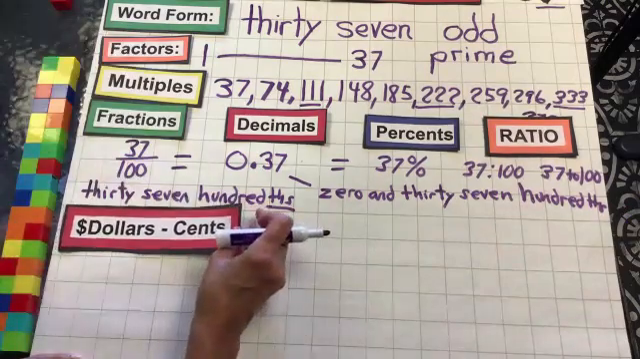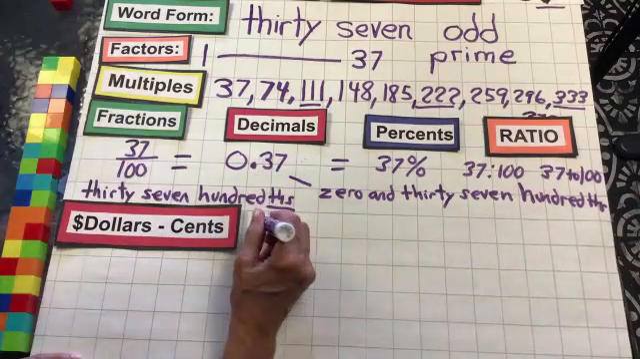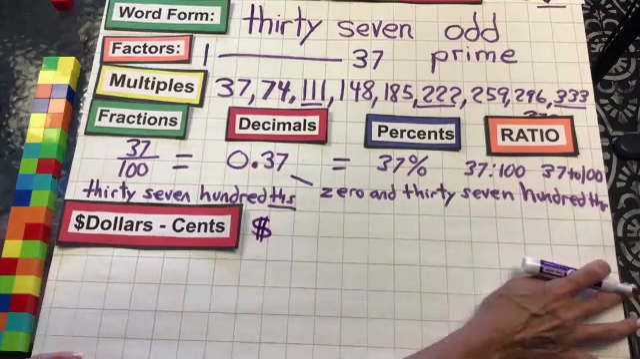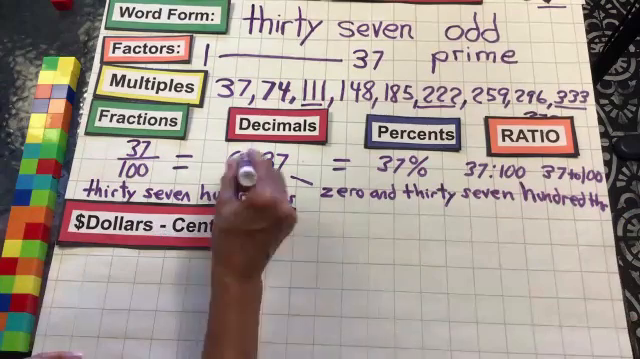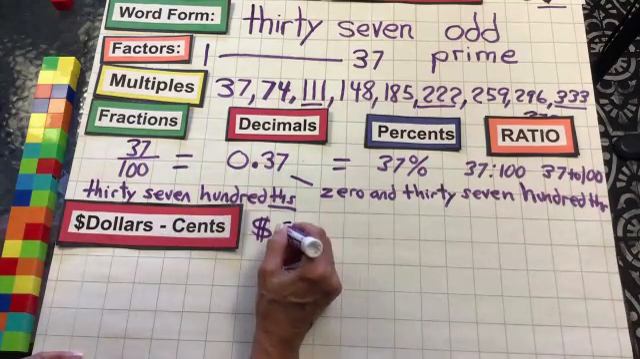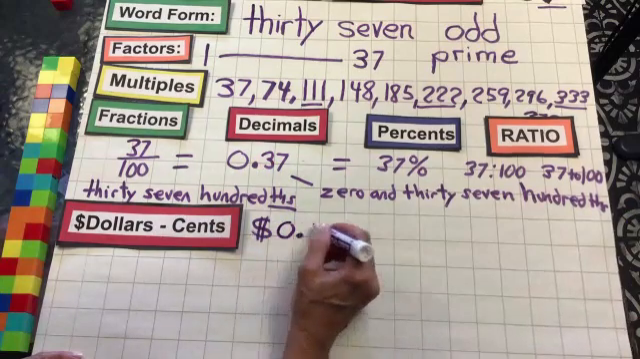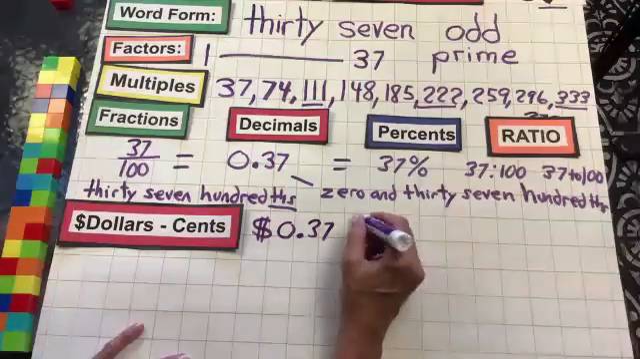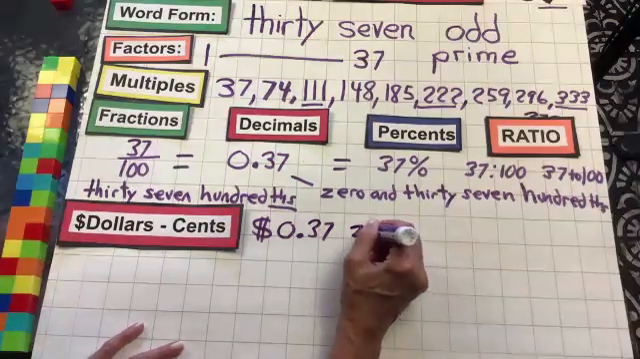Remember, money is just the same as the decimal, but we add the dollar sign. So when we're doing word problems or any kind of work and money is involved, we can't just write it as a decimal. We have to write it as money. So the dollar sign. And if we are doing a word problem, we would write $0,